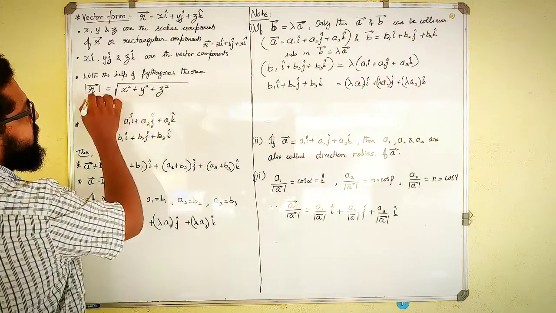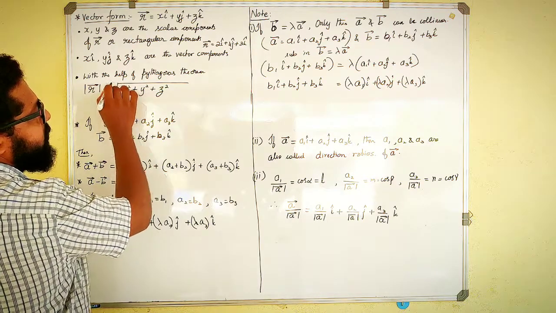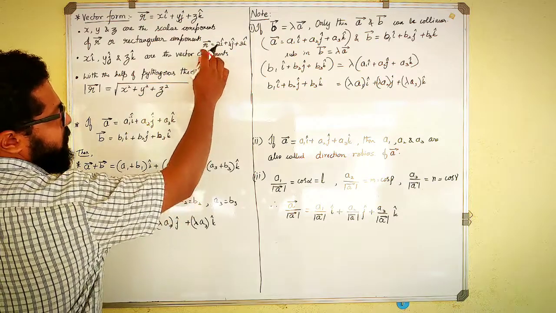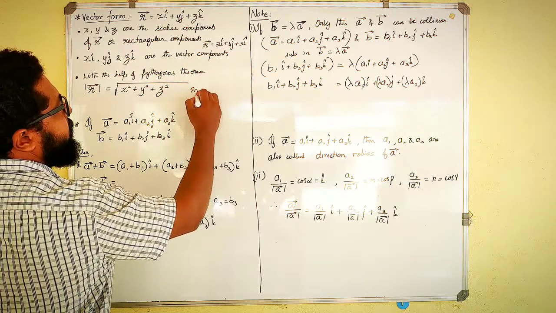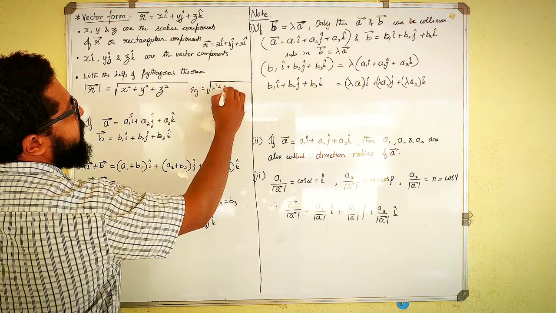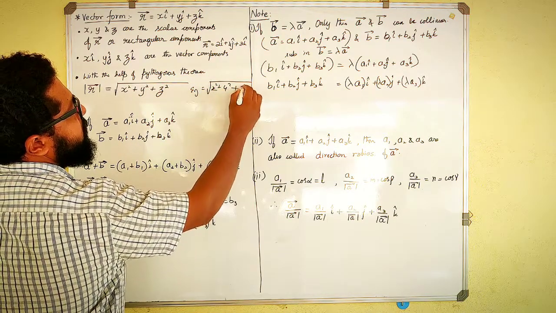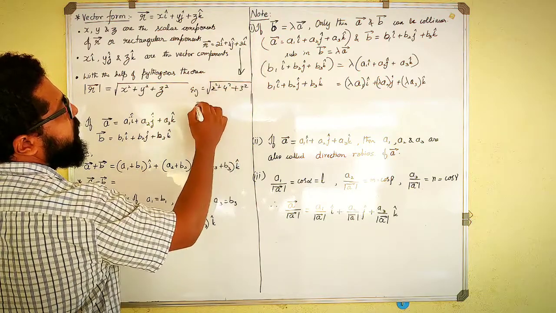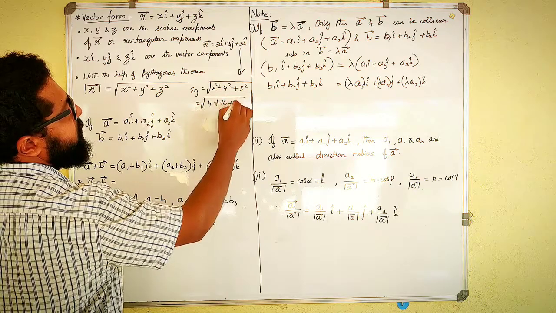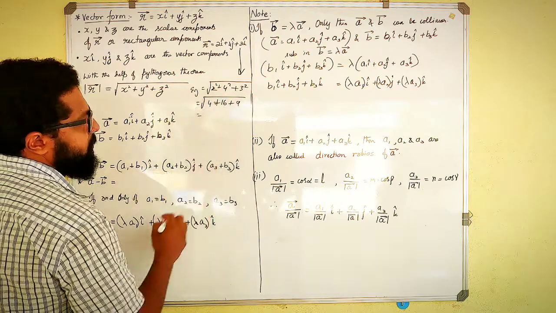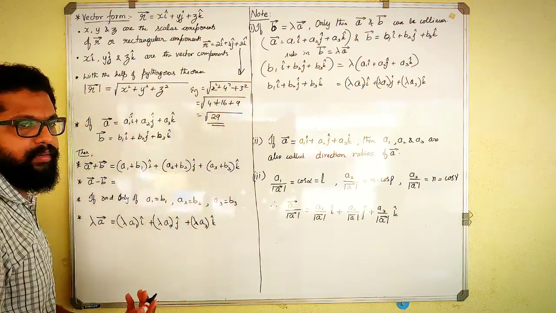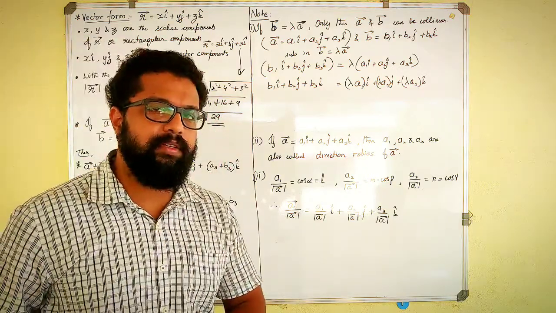Okay, so remember the formula says that the magnitude of any vector is nothing but the square root of the addition of all the squares of its scalar components. I can write an example for this: magnitude of r is equal to the square root of 2 square plus 4 square plus 3 square, for the example I am talking about. So it will be 4 plus 16 plus 9. How much should that be? 29. Okay, root 29. So 29 cannot be simplified further. Keep it as it is.